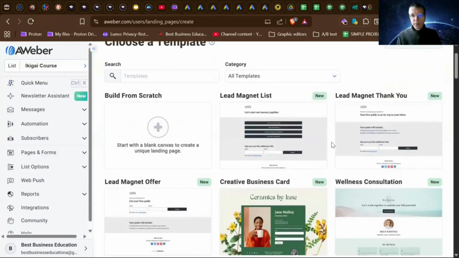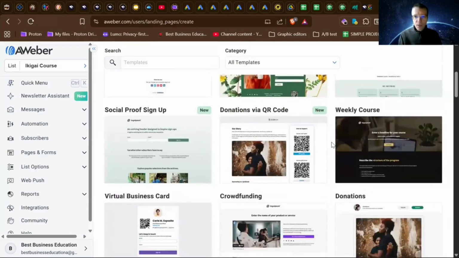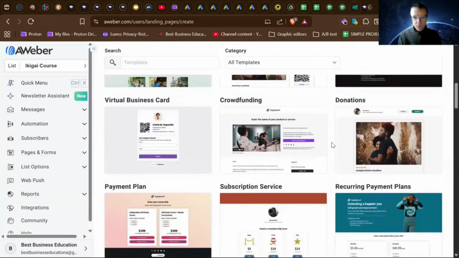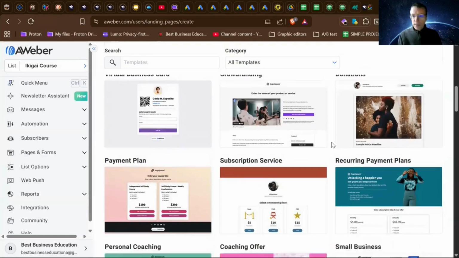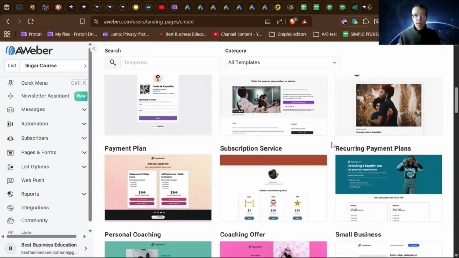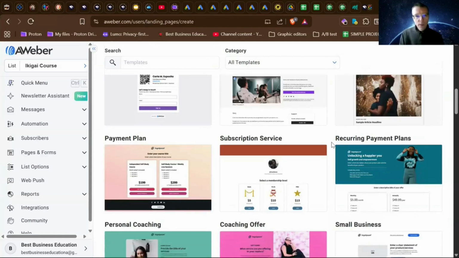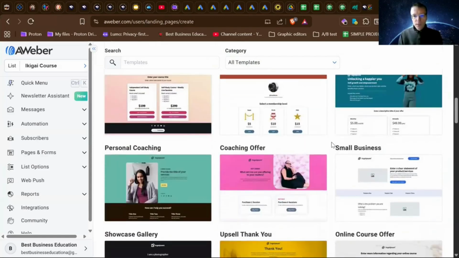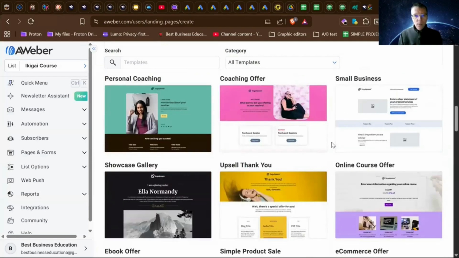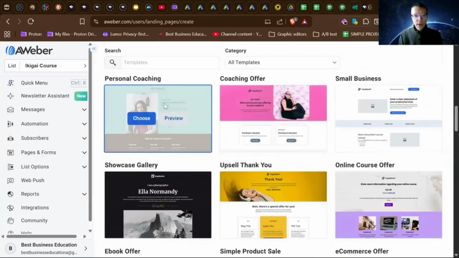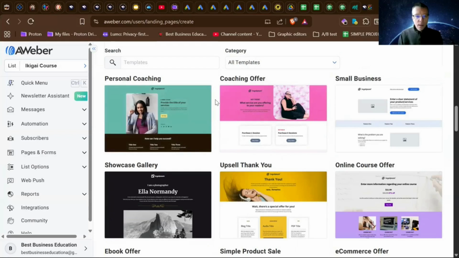But as you've seen with creating an email, you can remove some blocks, you can add some blocks. And by the way, we have different options than while creating an email. We will see that in a while. But as you see, for example, if you are a coach or consultant, all you need is